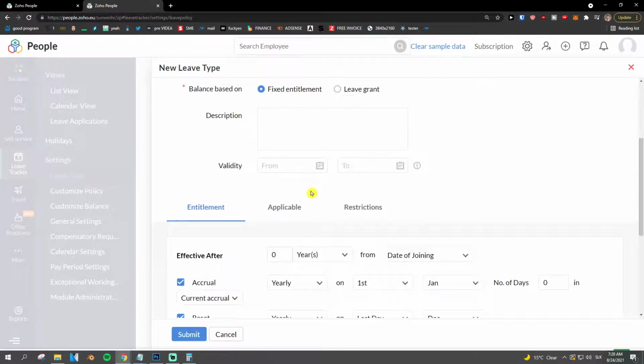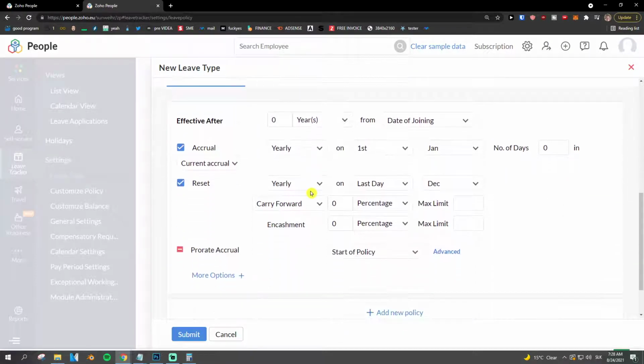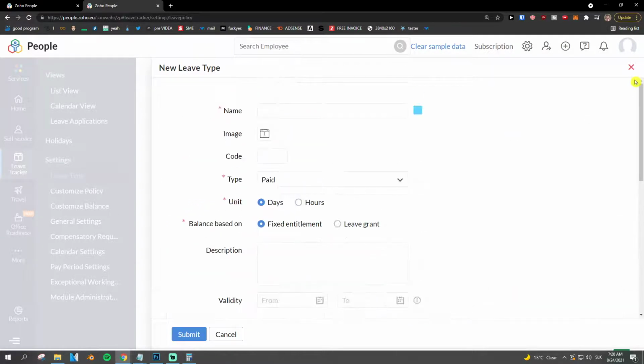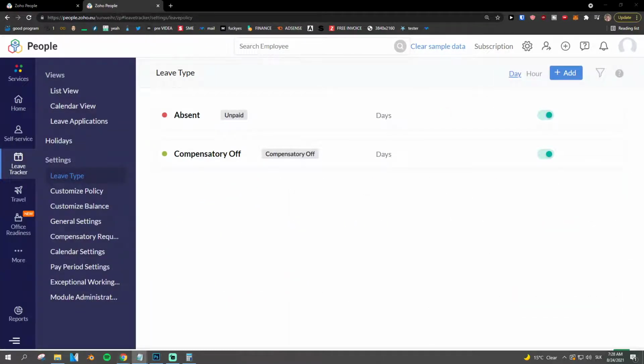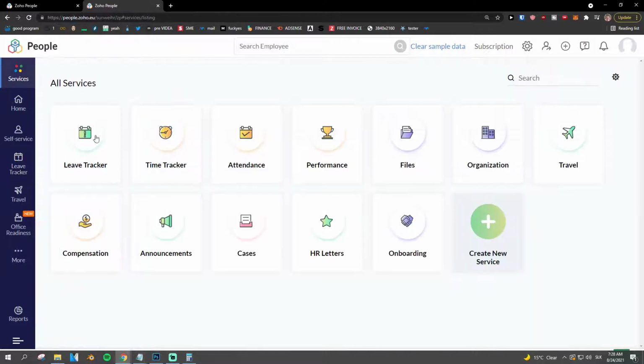I won't really go into this because it depends on how much you want it and what kind of leave type you want to create, but here you will find it. Now let me go further. When we have the leave tracker, let me show you the time tracker and explain how it works. I would click on the time tracker now,